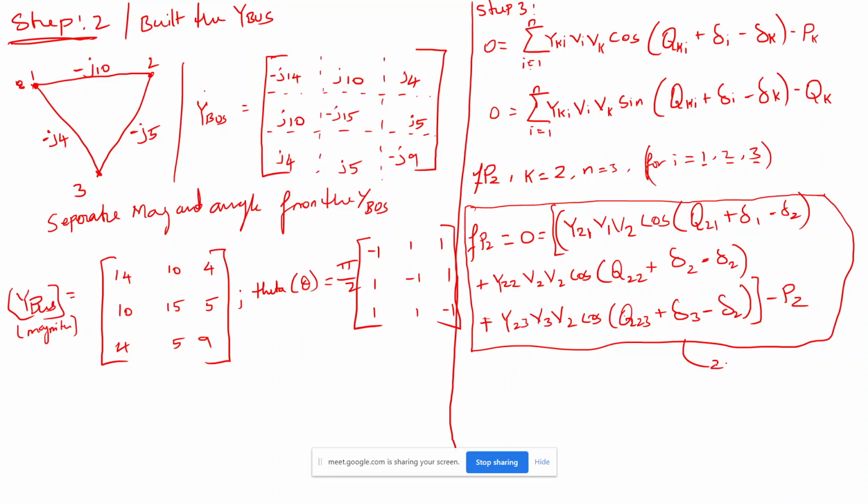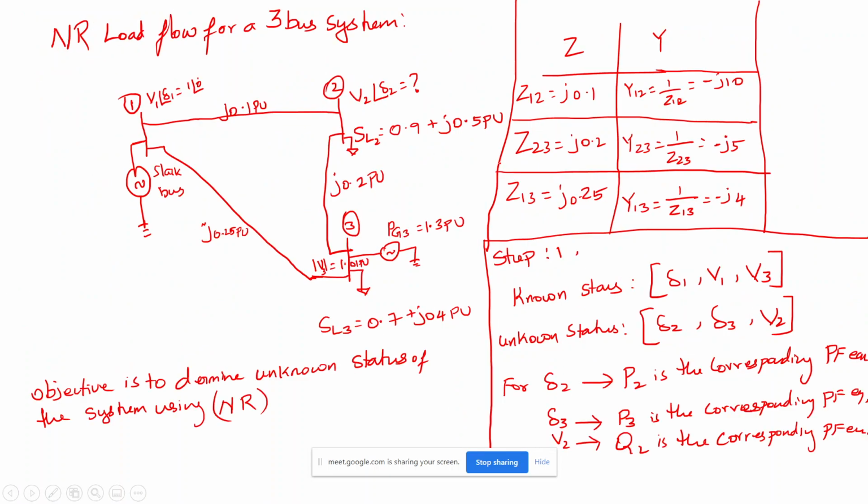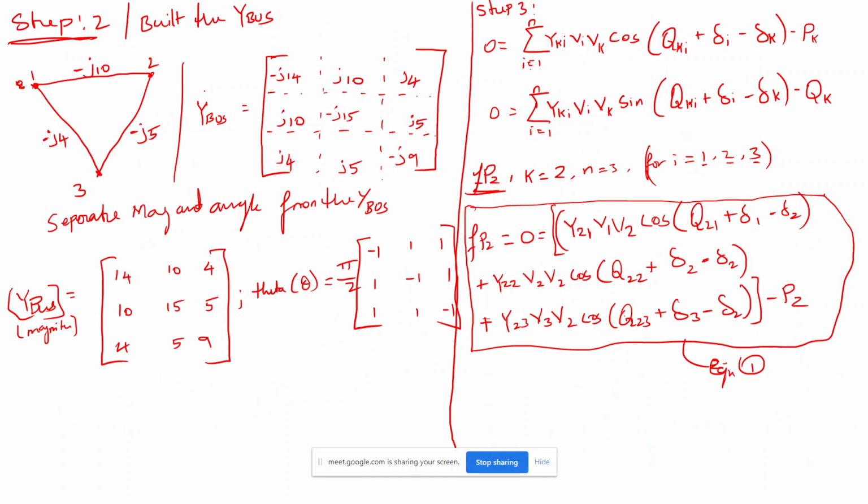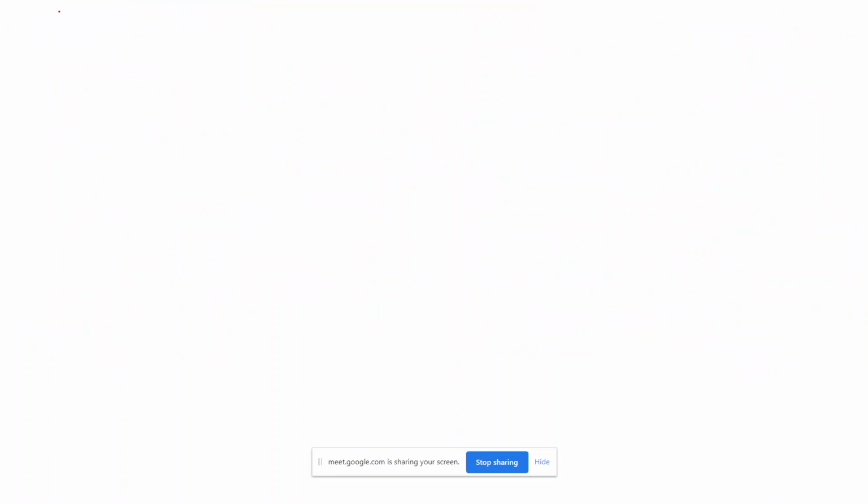This is what? Equation 1. So we found for this unknown thing. So from this, which variable are we going to find out? Which data are we going to find out from this equation? P2. So from P2, which variable are we going to find? So delta 2 is what we are going to find out, right? Yes, sir. Okay. So what next? What next? Substituents also. Now, next we need to find out for P3, FP3, right?